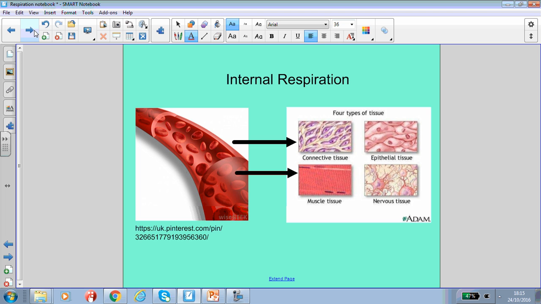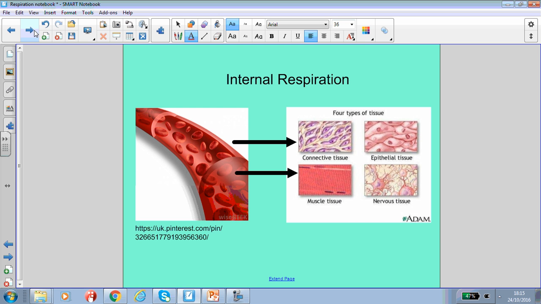Thinking then about internal respiration, this is where the oxygen that's now got into the bloodstream via external respiration then has to diffuse out into the tissues. There's no point in it just staying in the bloodstream. It can't do anything. The oxygen is bound with the hemoglobin in the red blood cells, but it needs to be able to get back out and into the tissues, which then need to use that oxygen as their raw